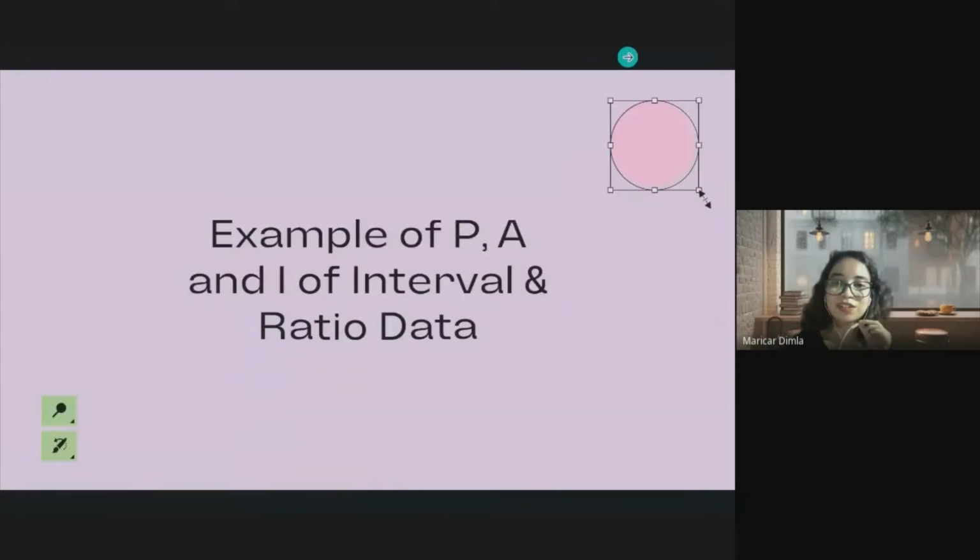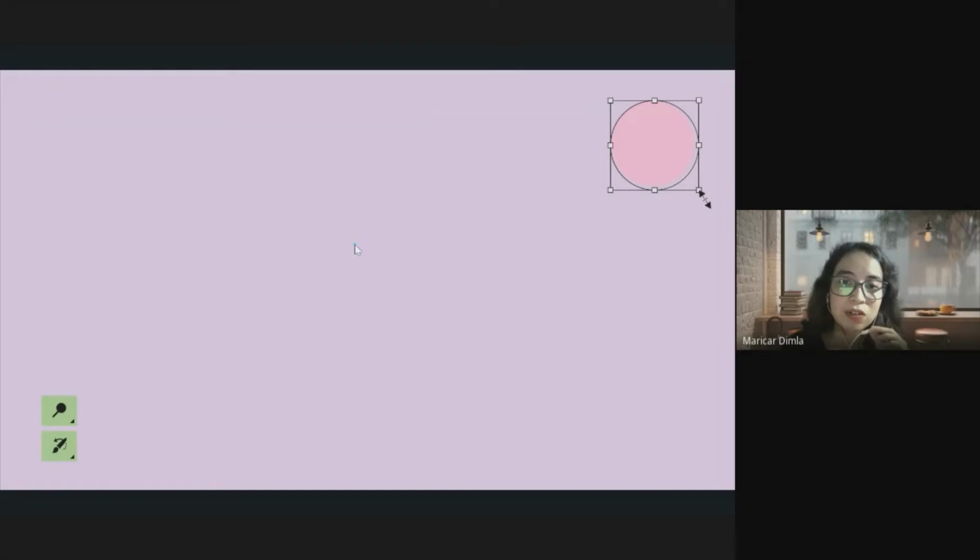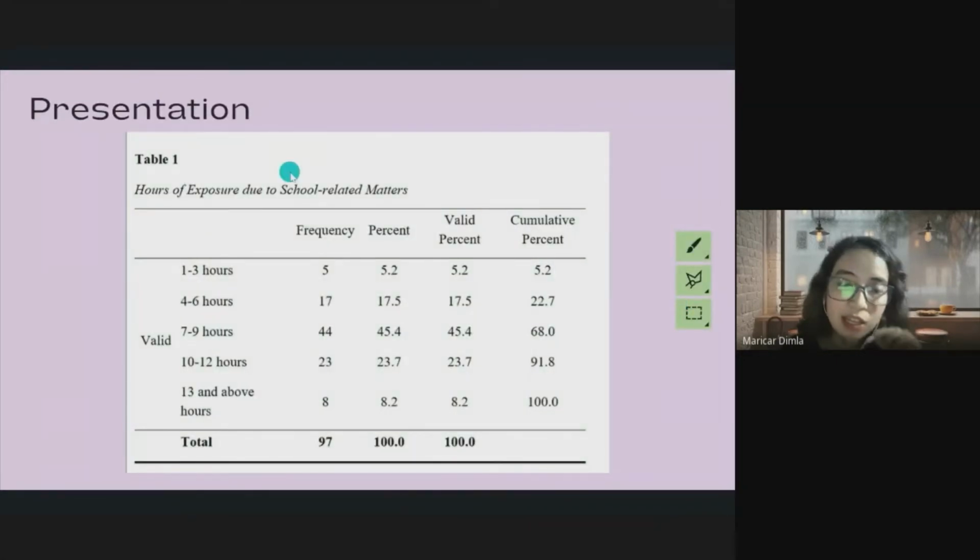Okay, next naman, class. How about if your data are into interval and ratio? Sa interval and ratio, this time, we are seeking now for the connection of your IB and your DB. Dalawang data na yung pinag-uusapan natin dito. Your data intended for your IB and the data intended naman for your DB. Parang ang hirap intindihin. So, let's have an example here. Your IB here, the hours of exposure on your school-related stuff or matters.